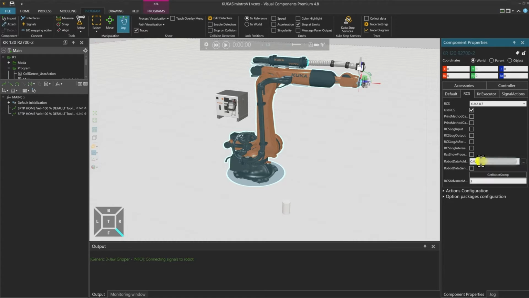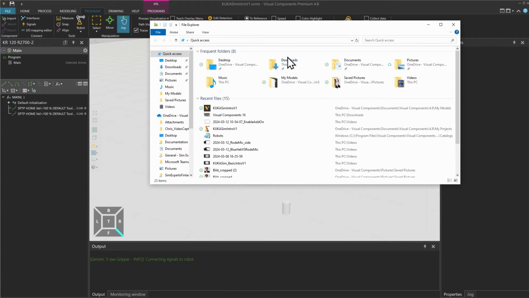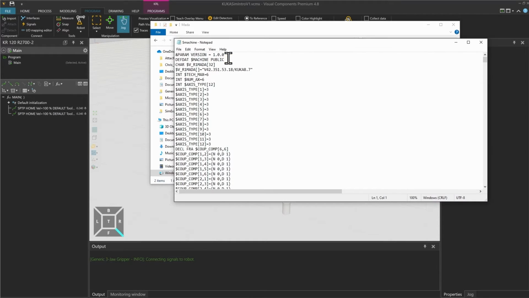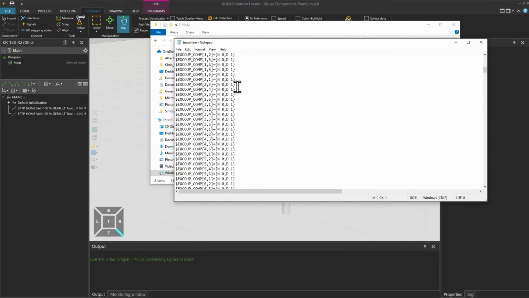If I select this path, copy it, and then go to my Windows File Explorer, I can paste this path and I will find directly the same files or folders as you are used to on a real robot. So in this case, if I go to my KRC R1 for my first robot and machine data, I can have a look at this machine data and it will be the same as on a real robot.